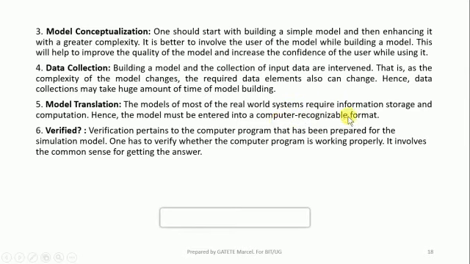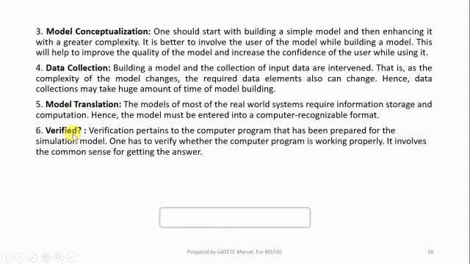This is called model translation. I am translating the model from sheets of paper and converting it into Excel format.